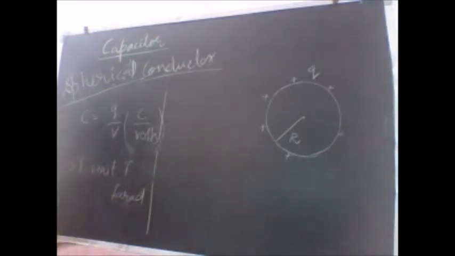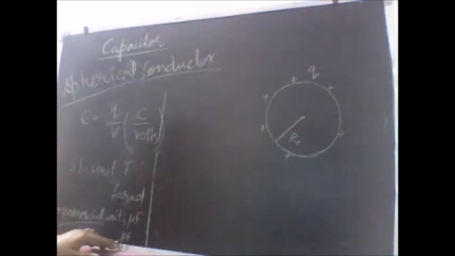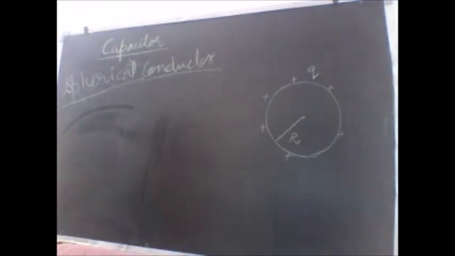There are other commercial units also, and what are the commercial units? Commercial units mean the units that are used commercially, that are used there in the market. When we go out in the market and purchase a capacitor, the values that are written over there are either microfarad, or another unit which is picofarad. These are the commercial units, microfarad and picofarad. That means we need only capacitors with capacitance in microfarad or picofarad. That serves our purpose.